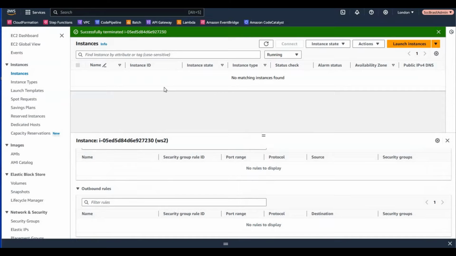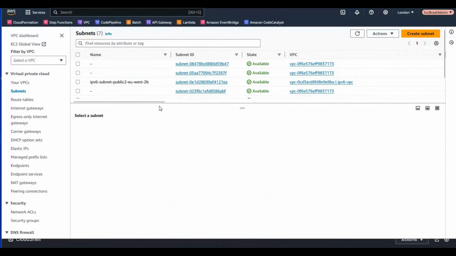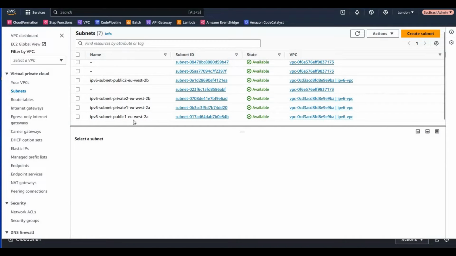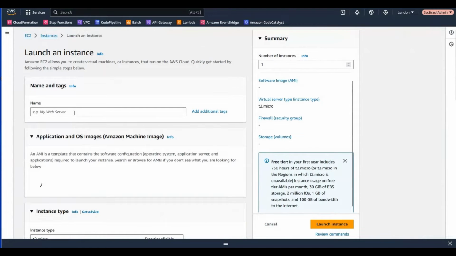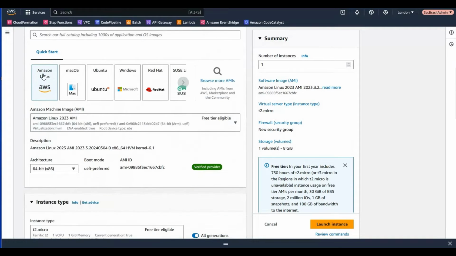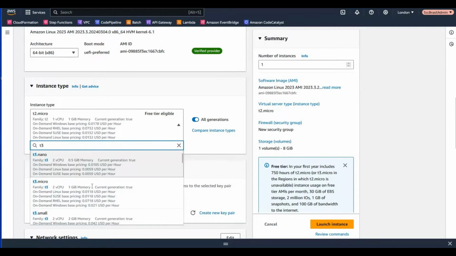We will now going to launch our first EC2 instance. We will try to set up a web server in our public subnet. So as you can see, we have in our VPC which is already ready for our examples, 2 public and 2 private subnets. So our first instance is a web server in the public subnets. So let's call it web server. We go with the Amazon Linux image, and important thing, you should select a T3 instance, not T2, to get the full support for